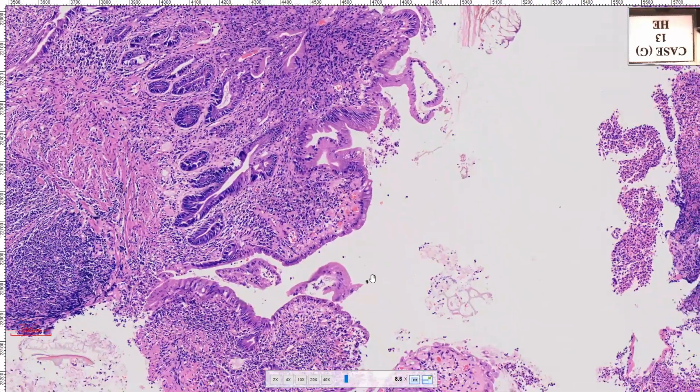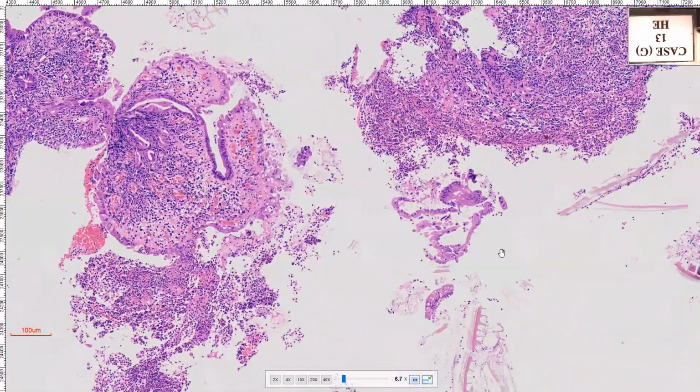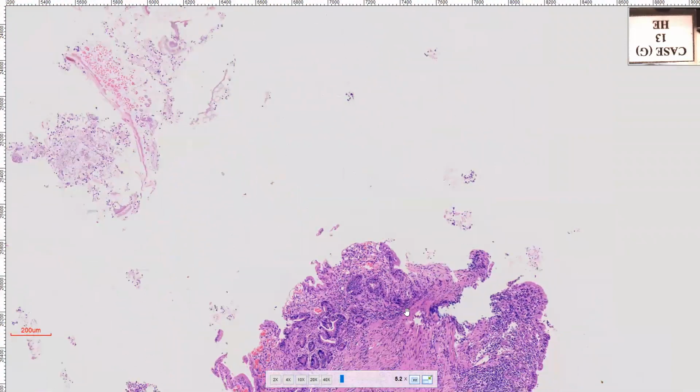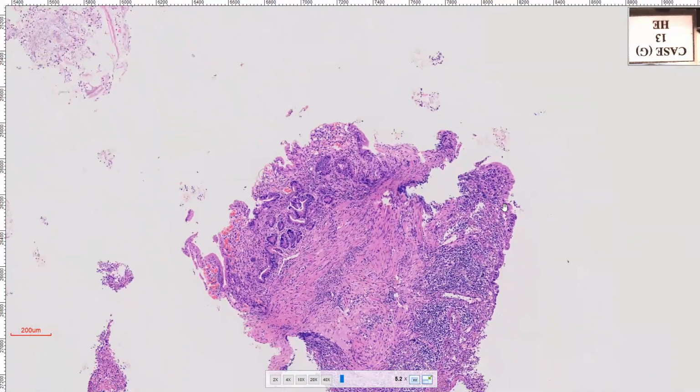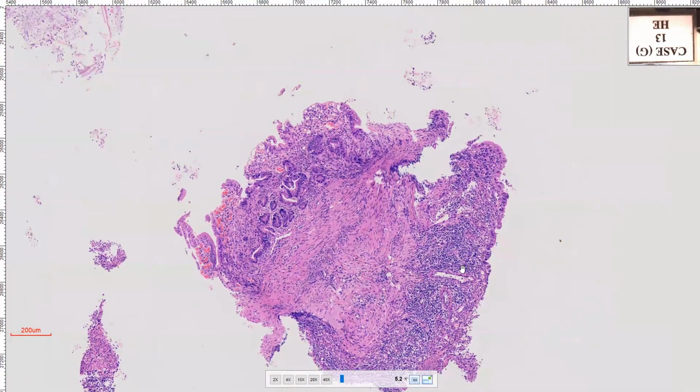So as we said, in addition to the areas of crypt loss, we see areas of crypt loss here also, where the crypts are being replaced by inflammatory infiltrate, and in certain areas crypt loss will also be accompanied by crypt shortening. So like for this here, you see the surface epithelium, but you do not find any crypt here. So there is a significant amount of crypt loss. And in addition, you are also seeing certain areas which are showing duplication of the muscularis mucosae. So this is just a regenerative phenomenon that is happening secondary to the areas of damage which is occurring on the crypt epithelium. So that is how we are going to approach a case of chronic colitis, and that is how we are going to say that features of chronicity are present or not.